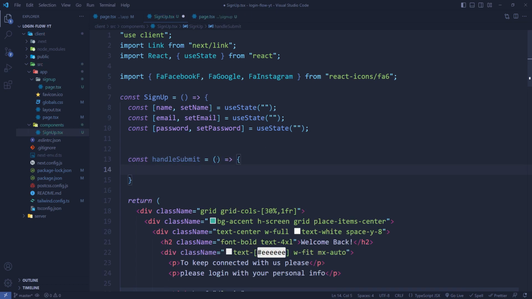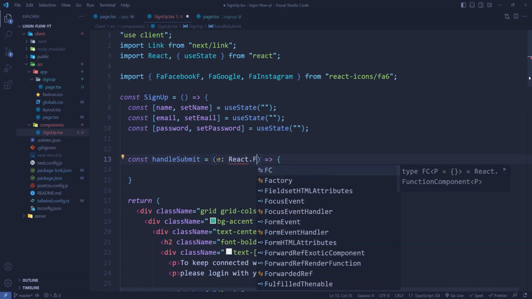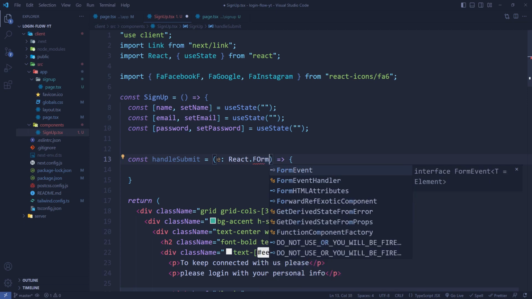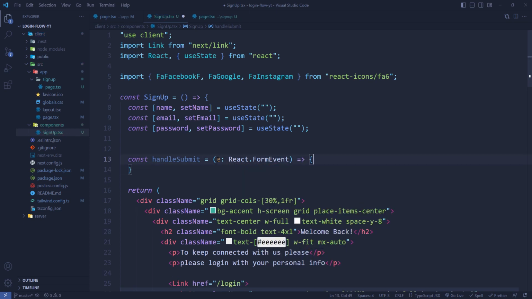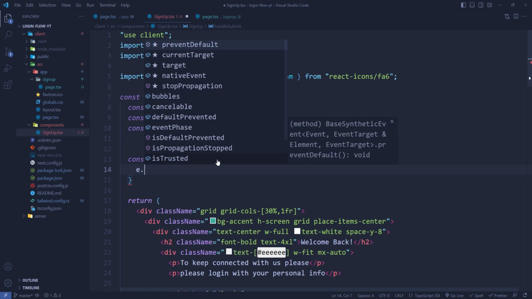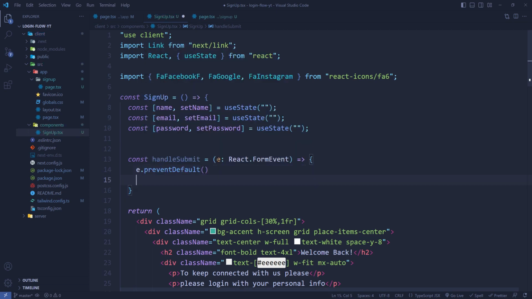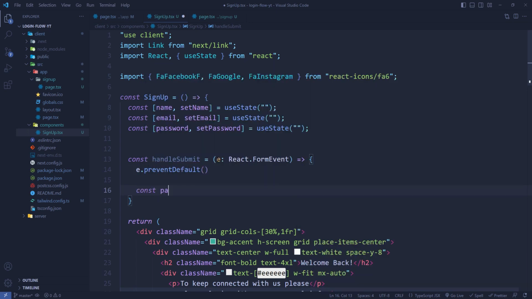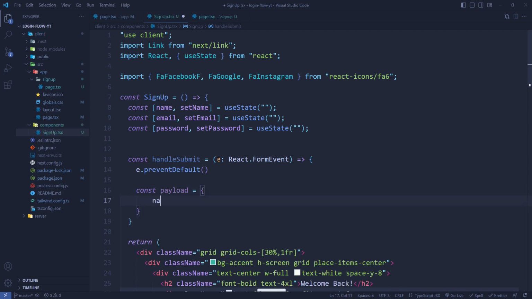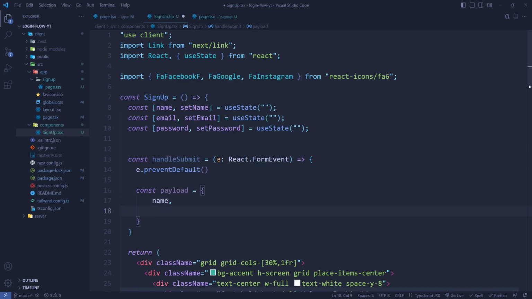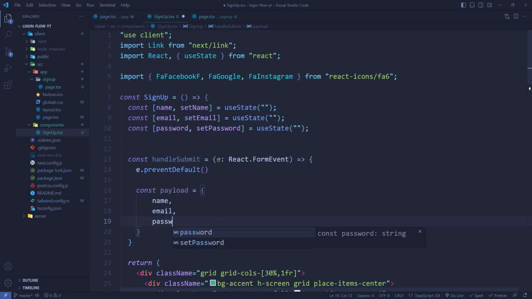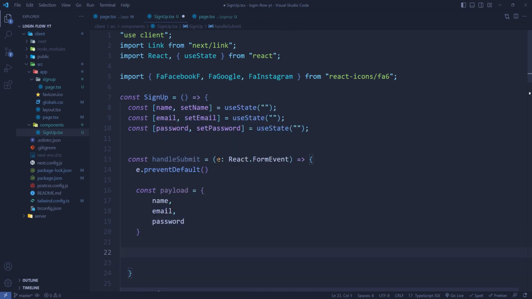It's gonna take event which would be of type React.FormEvent, and we will call event.preventDefault so that we don't reload the page. Payload equals name, email, password. Okay, this would be our payload. Now we can do